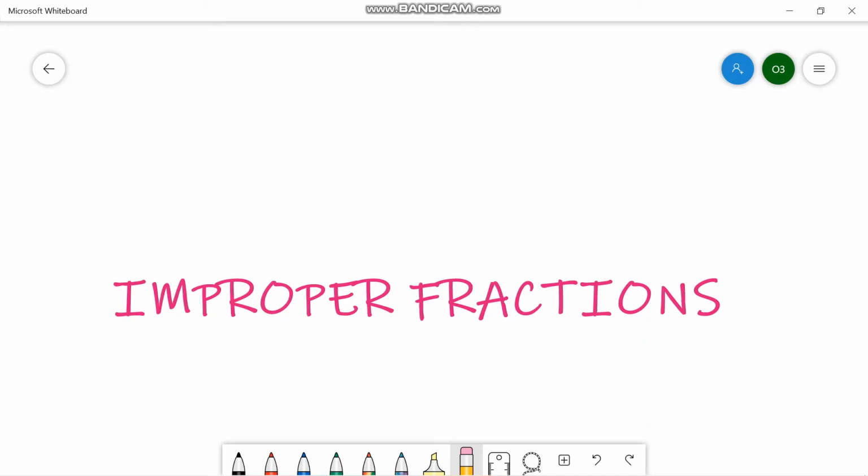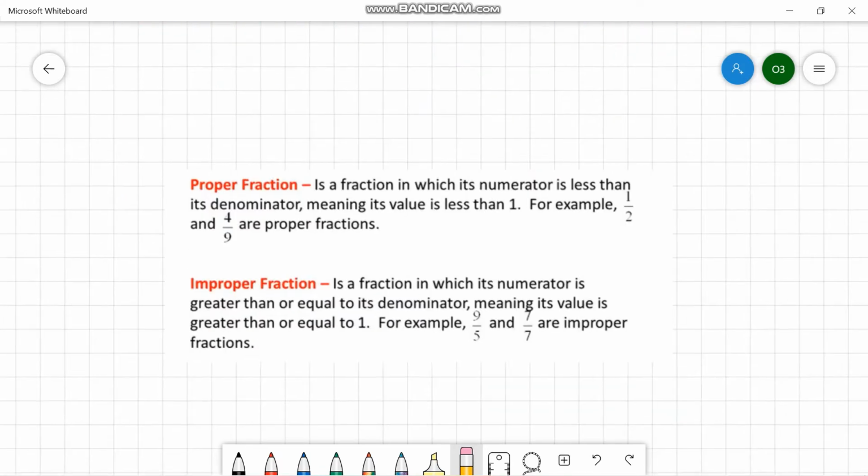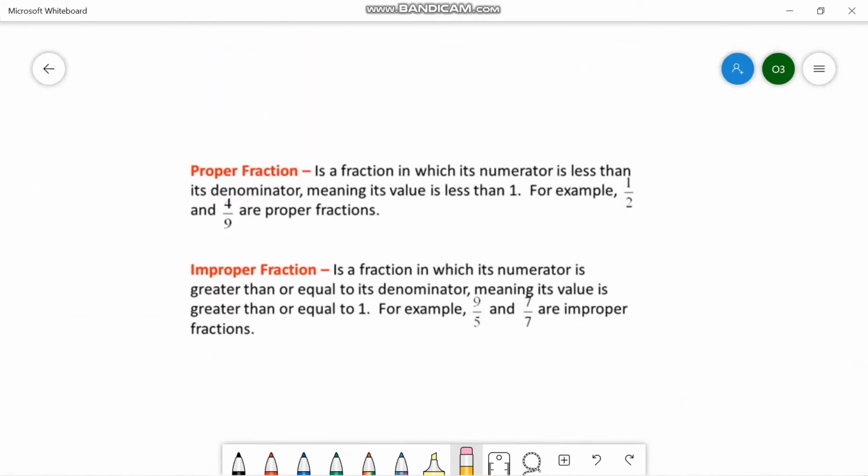Hello everyone! Today, we will continue our discussion regarding fractions and we will only focus on the topic improper fractions. What do we mean by improper fractions? So let's first define improper fraction. But before that, you also need to know what is proper fraction so that you will know the difference between